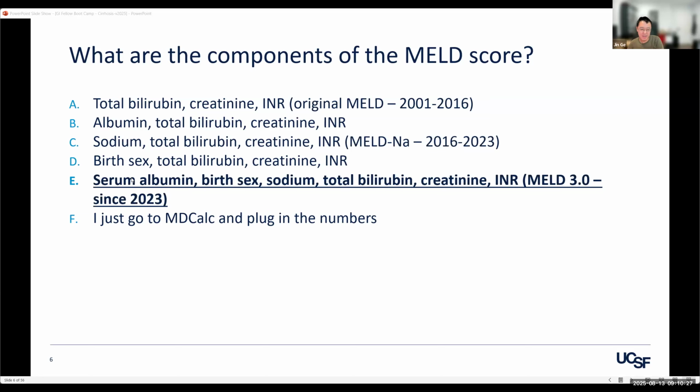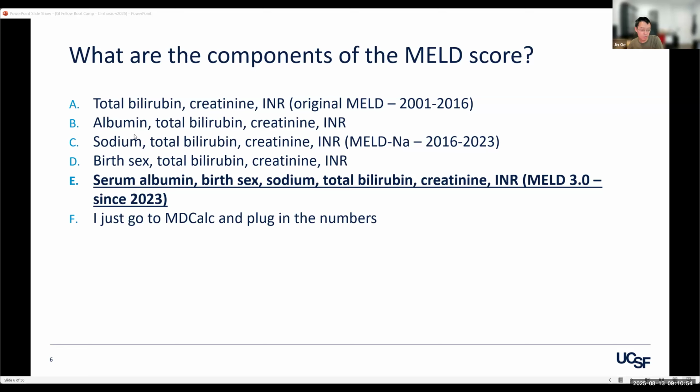So it is E, and the key part is in 2025. Everyone knows about the original MELD score, answer A, which includes the bilirubin, creatinine, and INR. And before the middle of 2023, the MELD score was C. So Gloria, you are partially correct. It was the MELD sodium. But since then